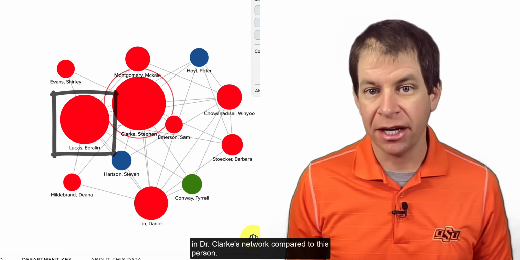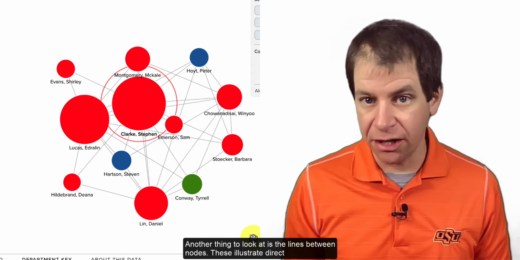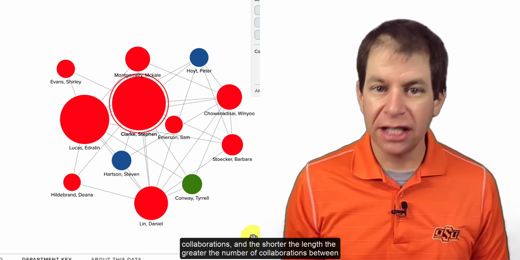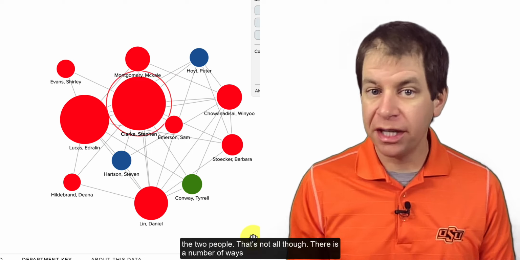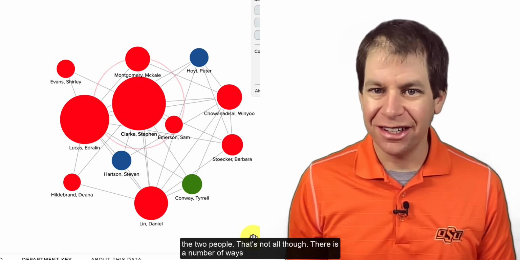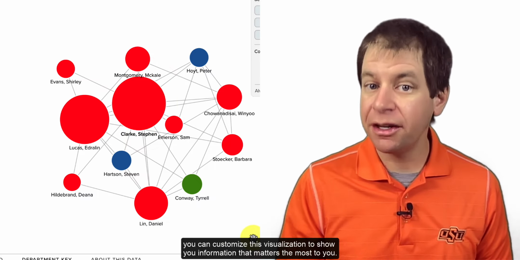Clark's network compared to this person. Another thing to look at is the lines between nodes. These illustrate direct collaborations, and the shorter the length, the greater the number of collaborations between the two people. That's not all though. There's a number of ways you can customize this visualization to show you information that matters